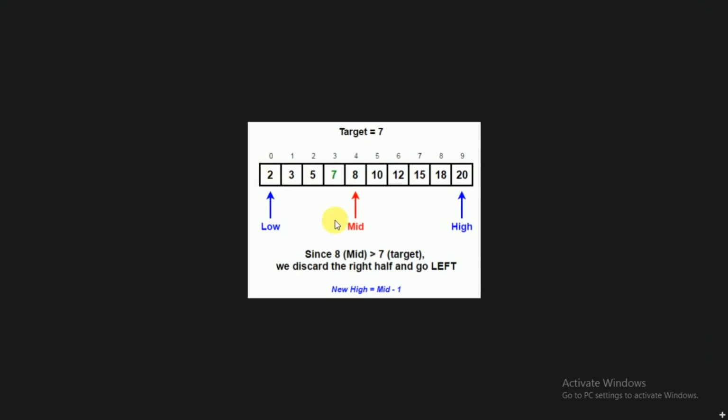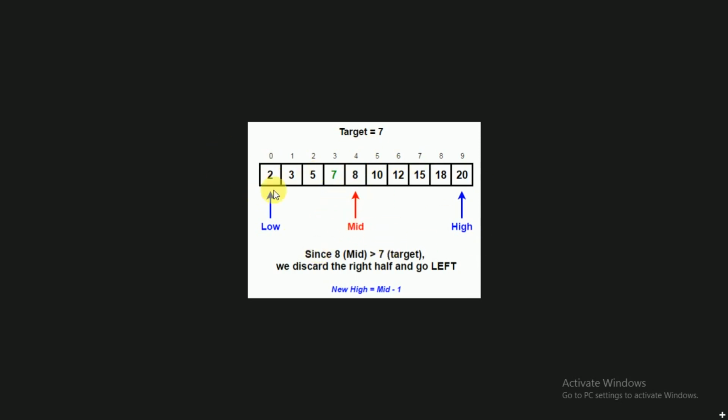Just see this. Initially low is initialized to 0 and high is initialized to 9, not elements but indices. In this example the target is 7; target means key here. The first step is to find the middle element, so mid equals low plus high divided by 2.